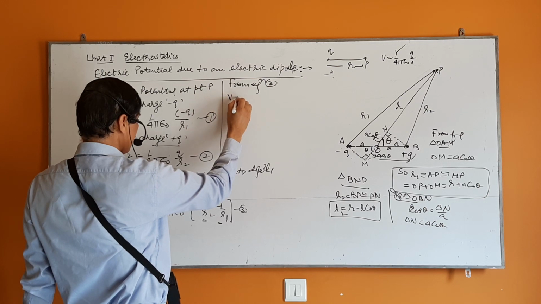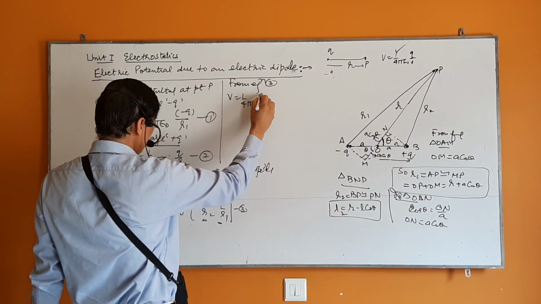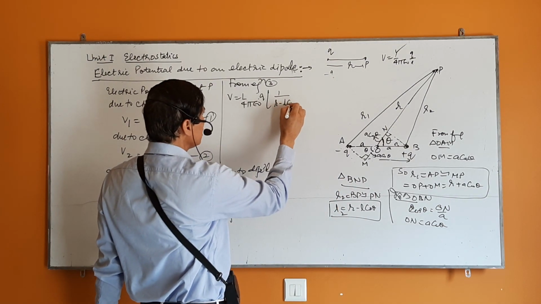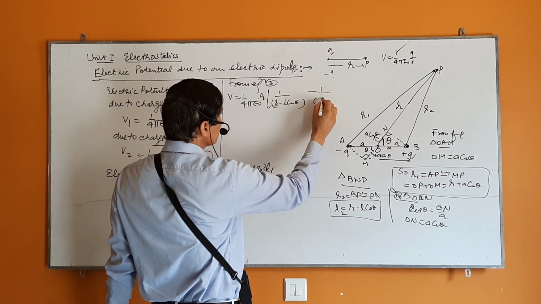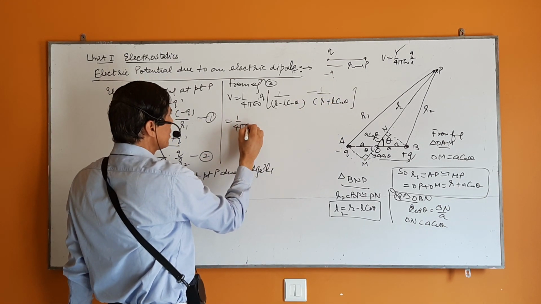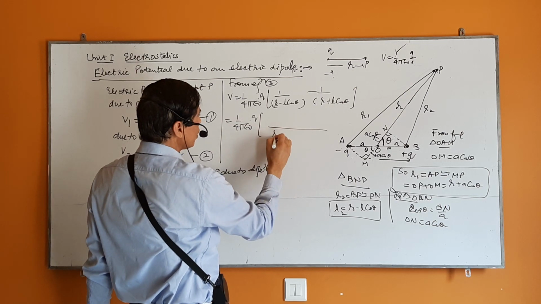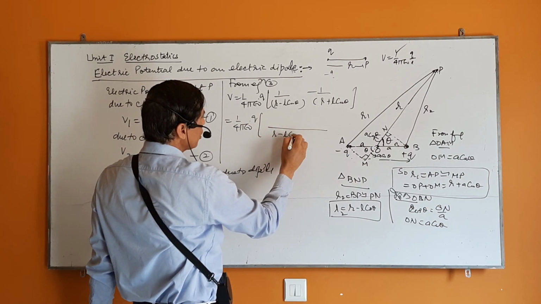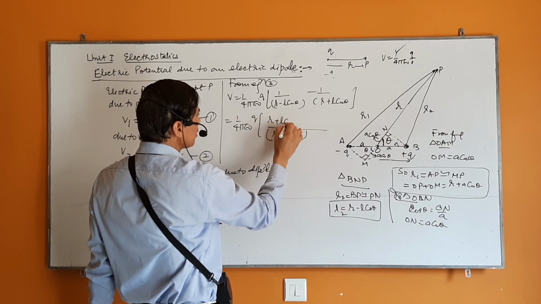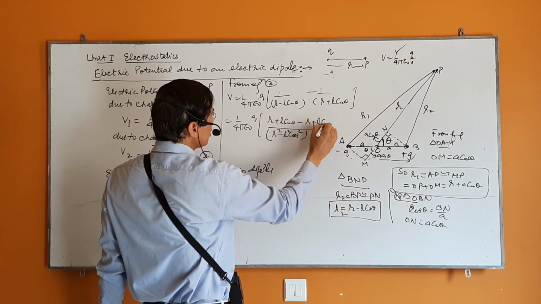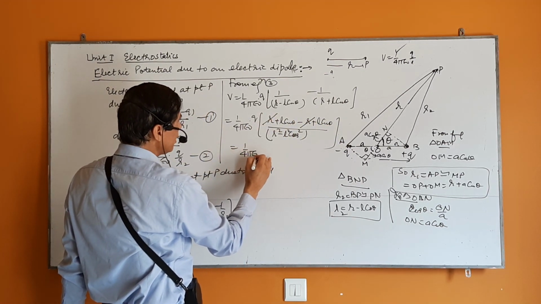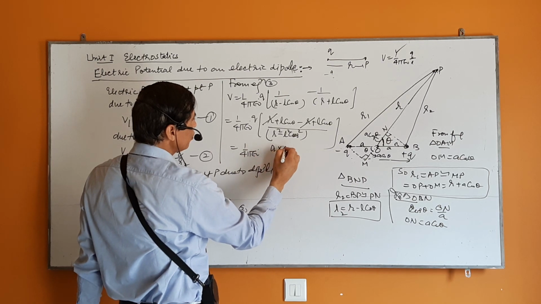So from equation 3, what is V? 1 upon 4 pi epsilon naught Q. What is R2? 1 by R2 is 1 upon R minus L cos theta, minus 1 upon R plus L cos theta. Take LCM. बस अब आप केवल सॉल्व करना चाहते हैं. Try to solve it now. स्क्वायर थीटा प्रॉपर्टी अप्लाई कर दीजिए. This cancels out. 1 upon 4 pi epsilon naught. Do one thing, Q into 12.